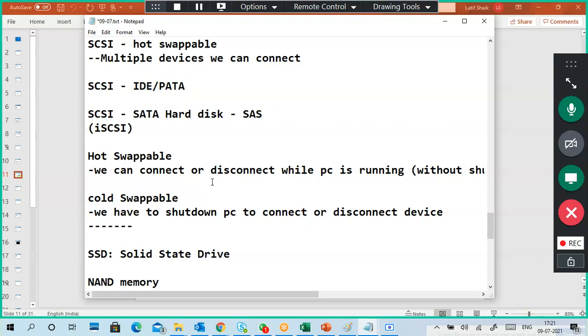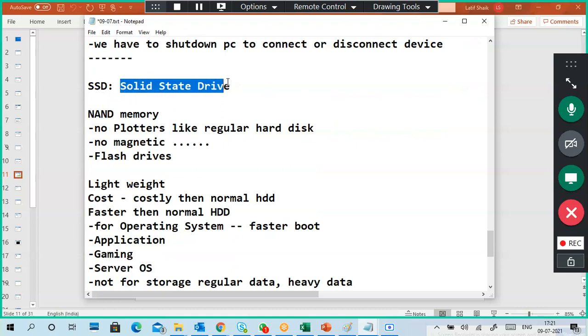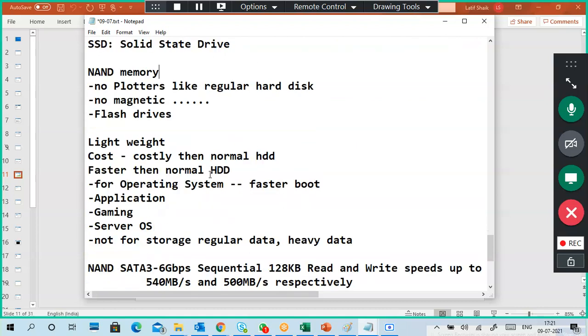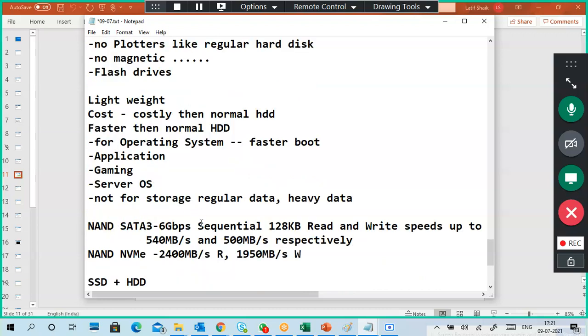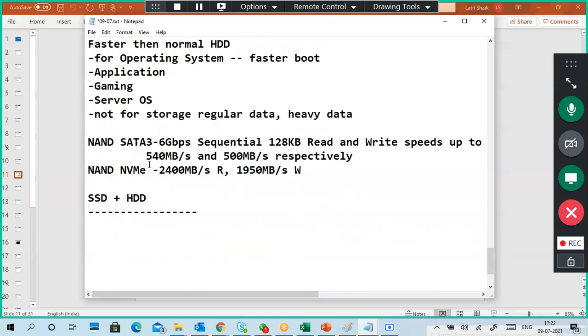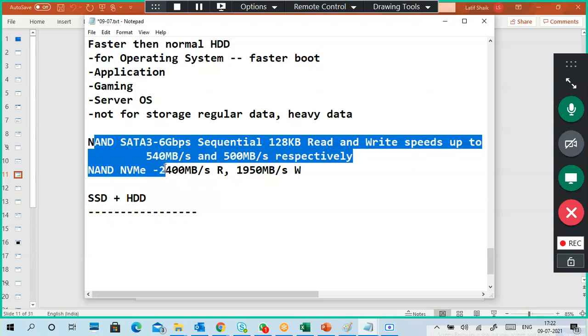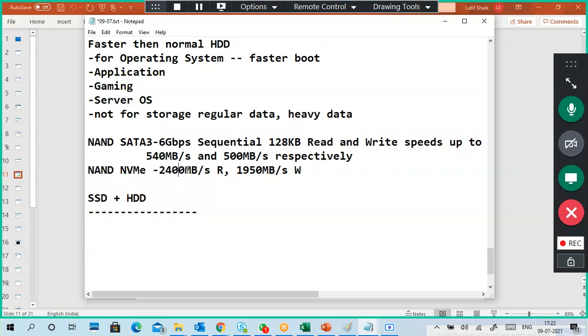This is for heavy data storage and other storage purposes, but a solid state drive has faster data read and write compared to a regular hard disk. Usually SSDs are useful for installing operating systems, applications, and gaming, and on the server side, server operating systems and server related applications are stored on SSDs, and the remaining data is stored on a hard disk or a SCSI hard disk. So just by searching, we find two types of SSDs are available. One is the SATA type of SSD, another is the NVMe type of SSD. NVMe is much faster than your regular SATA disk. That's it.